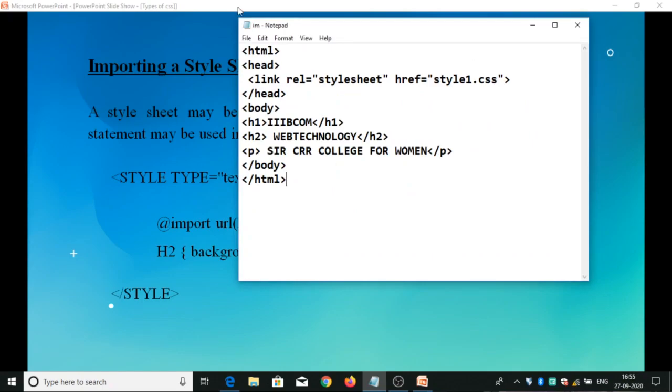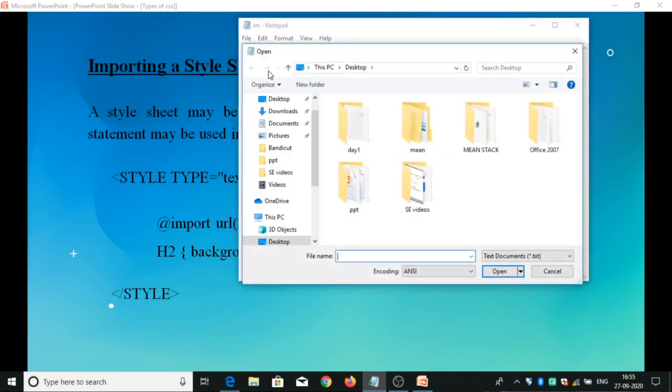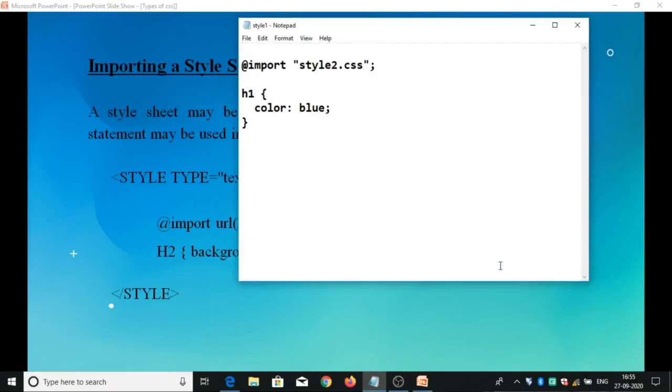What is the style in style1? Let's see it. In style1, I use an import statement and this imports the style2 file in style1. Style1 has only a style with h1, color is blue.